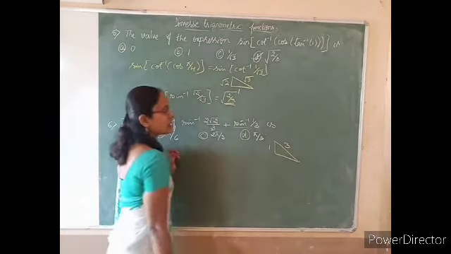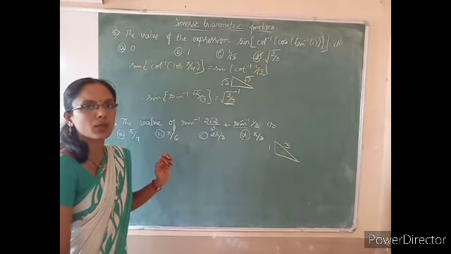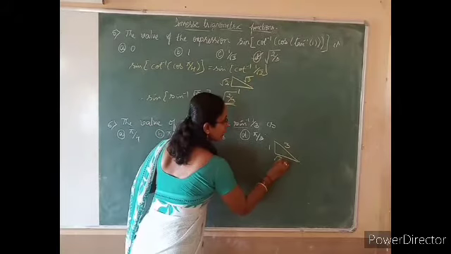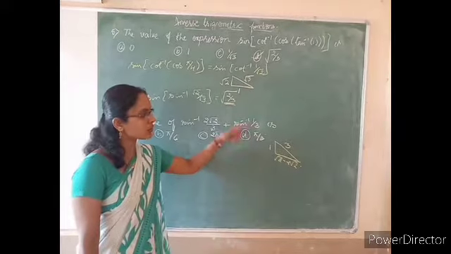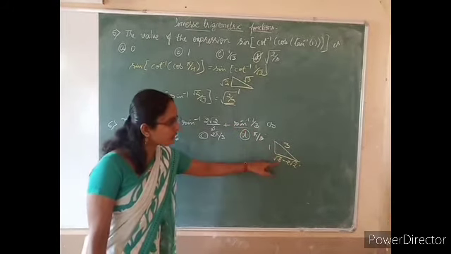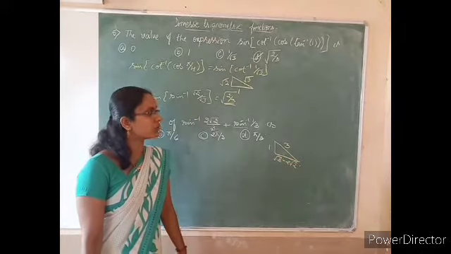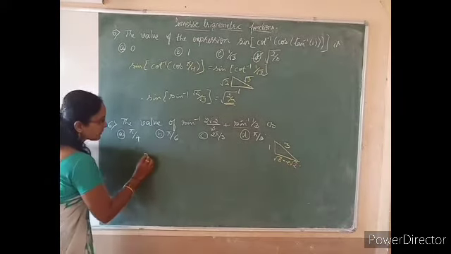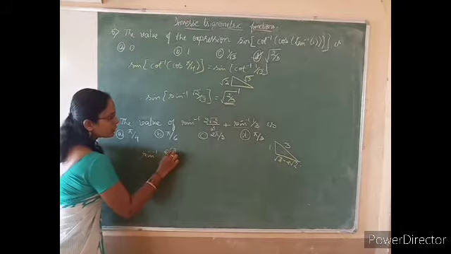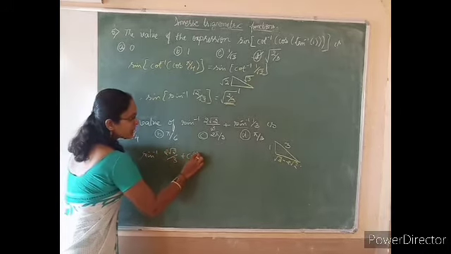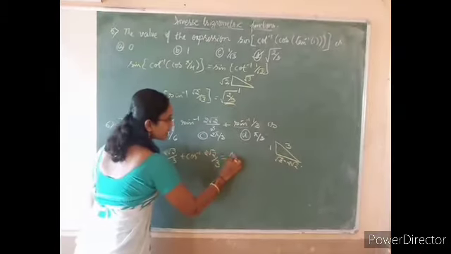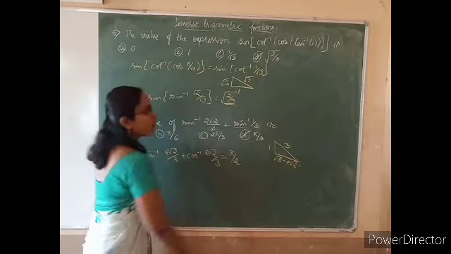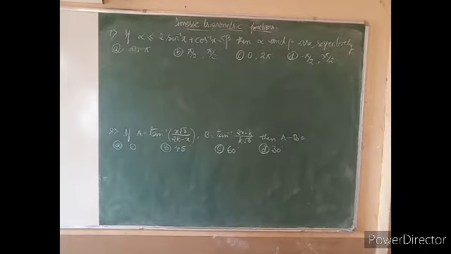Therefore you will get square root of 3 square minus 1 square, root 8. Root 8 is nothing but 2 root 2 here. Therefore if you convert sine inverse to cos inverse, opposite by hypotenuse gives 2 root 2 divided by 3. Therefore, this becomes sine inverse of 2 root 2 divided by 3 plus cos inverse of 2 root 2 divided by 3. You know that this value is always pi by 2. Therefore, the answer is pi by 2.